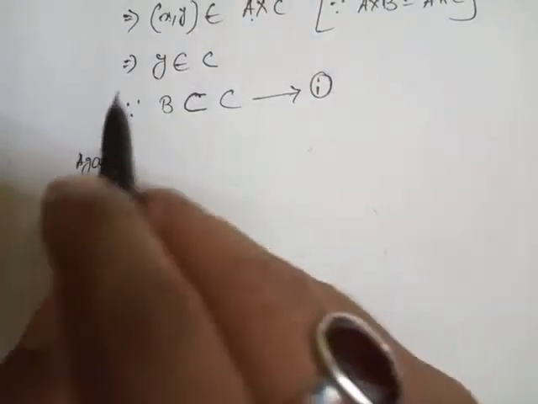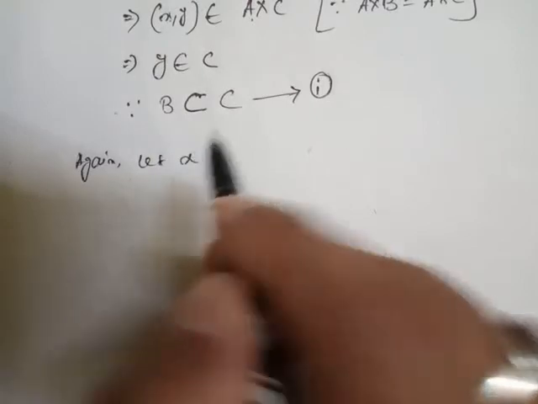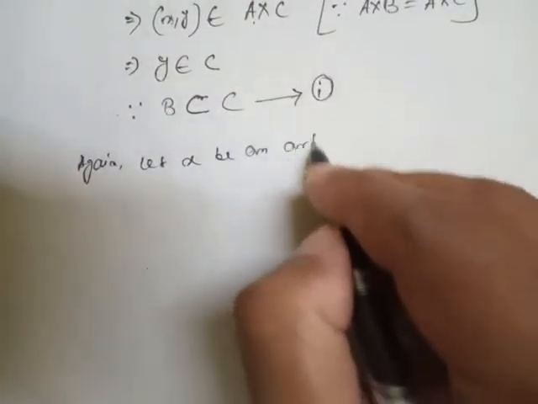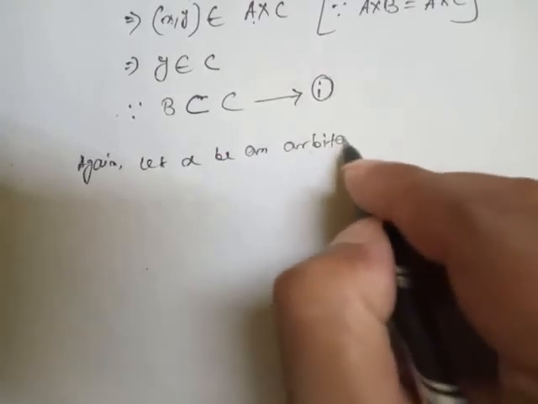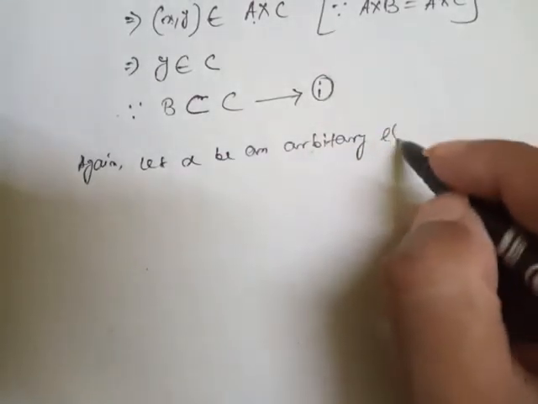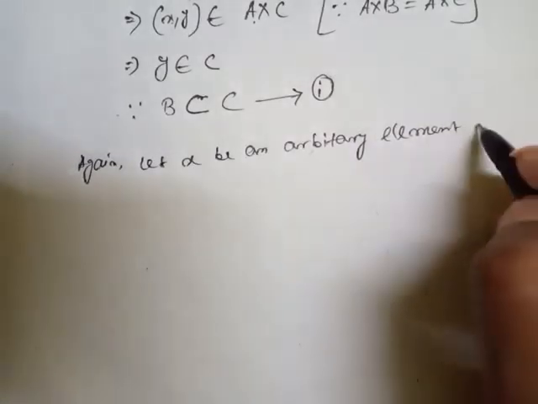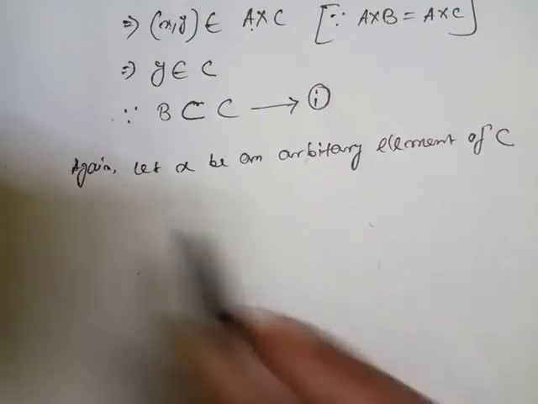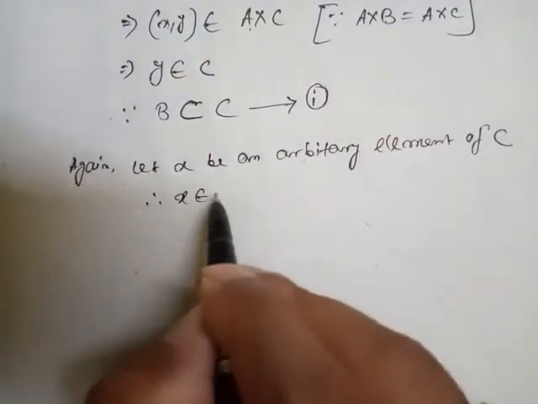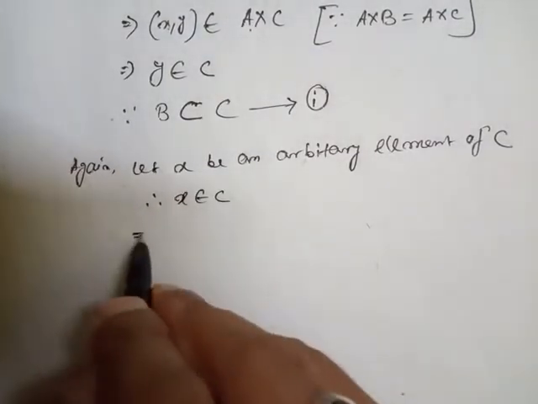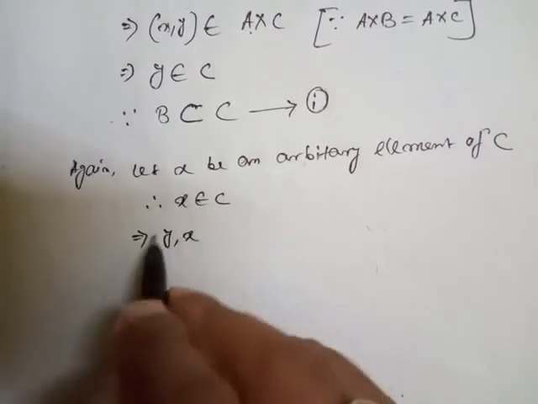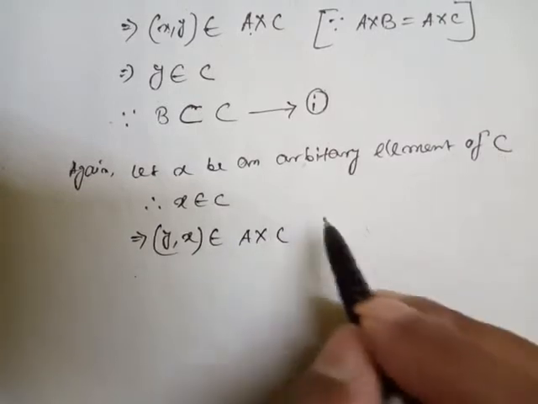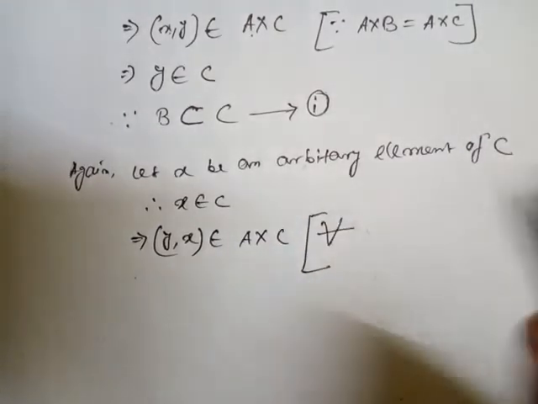Again, let x be an arbitrary element, meaning any element, of the set C. So obviously x belongs to C. Now look here, I will write (y, x) belongs to A product C, and obviously the reason is for all